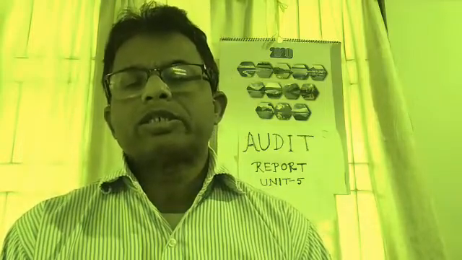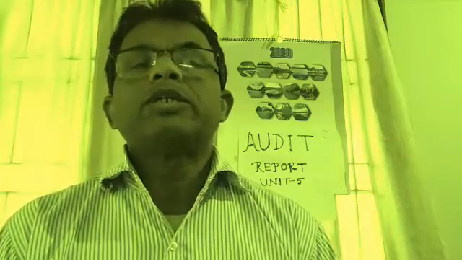Due to certain reasons, accounts could not be verified properly. And there is no chance of accounts being verified by the auditor. So this will be a disclaimer. When the auditor is unable to give an opinion, or in absence of any necessary explanations, maybe necessary information is not there, necessary explanations are not there, the auditor will give a disclaimer or no opinion.